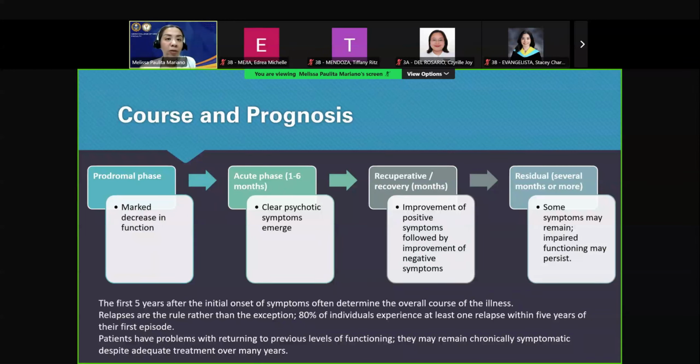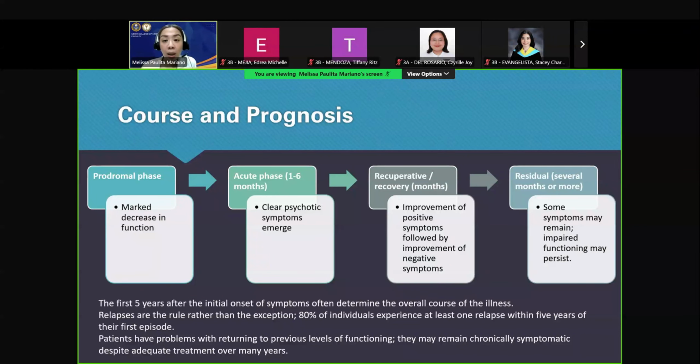It starts with a prodromal phase, which is kind of like beginning symptoms with marked decrease in functions, maybe staying in a room for longer periods of time, not wanting to interact with others, beginning hallucinations, and a marked difference in behavior. This is followed by the acute phase where clear psychotic symptoms emerge. There are now those delusions of persecution, very loud auditory hallucinations, and more clearly disorganized behavior. Ideally, the patient should get into treatment. This is the phase where they are brought into treatment because the relatives recognize that there's something clearly wrong with the behavior of their relative.